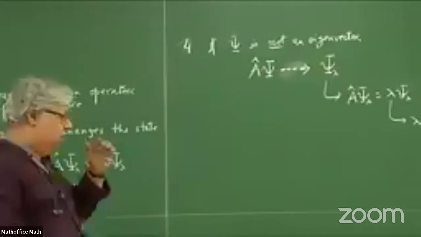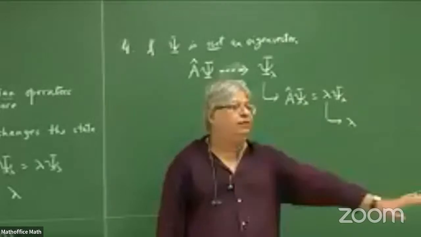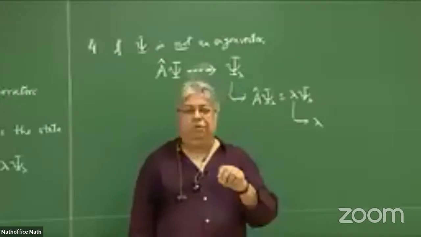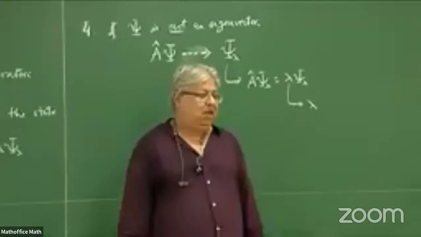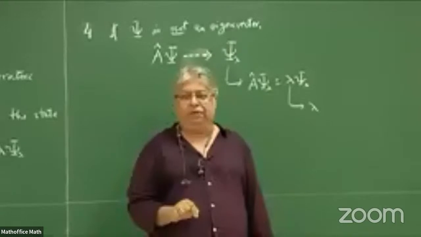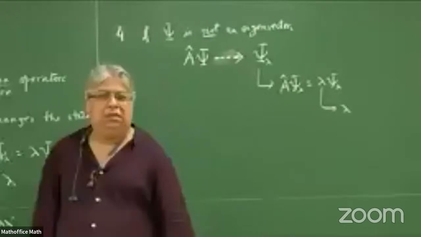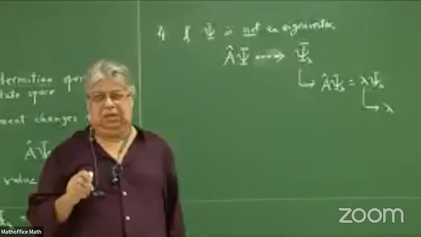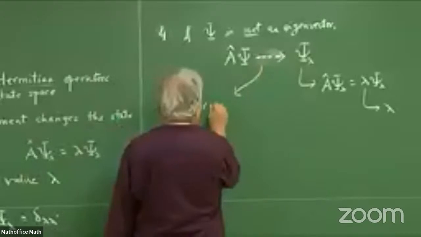Again, a simple way to look upon it is you think of a floor with grooves in it. If there's a small ball which rolls on the floor, the ball sits in a groove. If it sits in the groove, you can always pick it up. It won't roll away. However, somewhere in between, when you try to pick it up, it'll keep on rolling until it falls into a groove. Then you pick it up from the groove. A quantum system is somewhat like that. The system will keep changing until it reaches an eigenstate. This hypothesis that it goes into an eigenstate is known as the collapse hypothesis.